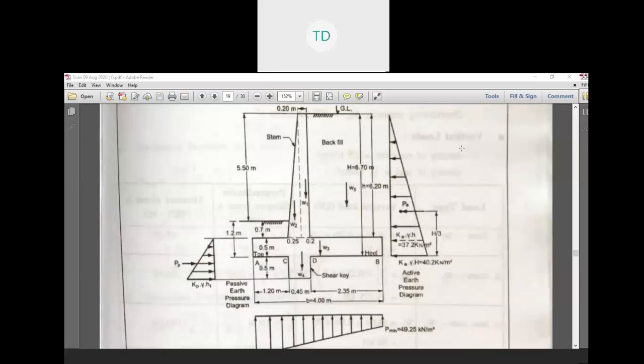At the end of the previous lecture, we fixed the dimensions of the retaining wall and the pressure diagram. In this chapter, we are going to discuss the pressure, load, and the rest of the design. Let us start with this figure in which we fix the dimensions like stem, base, and shear key.